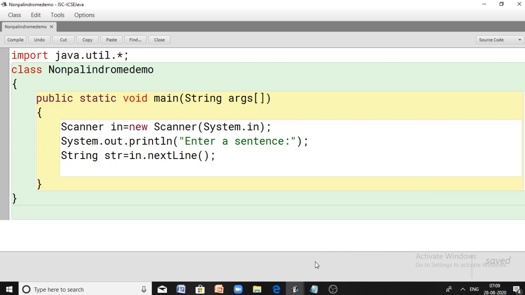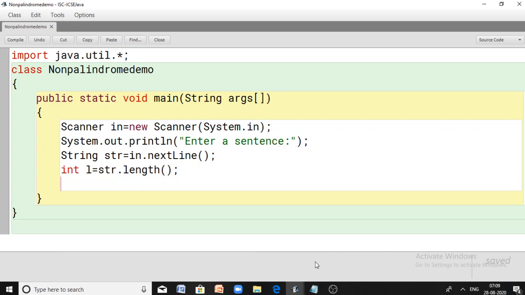Before that, I want to extract the last character in the string. So I want to find the length of the string. For example, integer L denotes the length of the string, and I am using the length function to find the length of the given string.